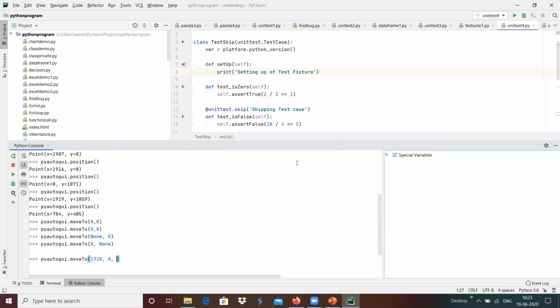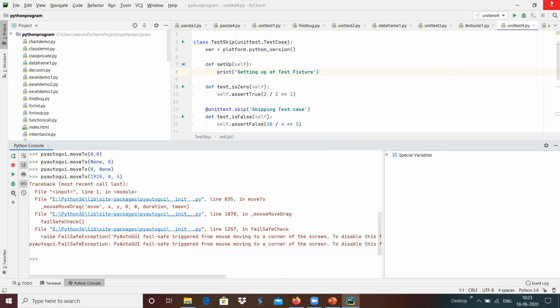Then I'm going to give a delay of 5 seconds, and the mouse will gradually move from this location to that location in 5 seconds. Now we can see that the mouse is gradually moving and it reaches the top right corner over here.